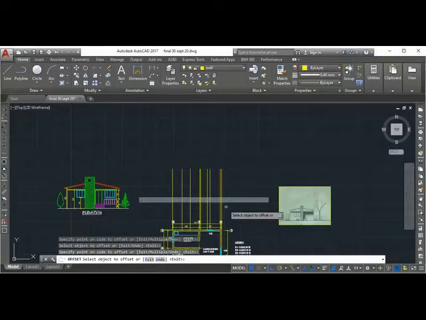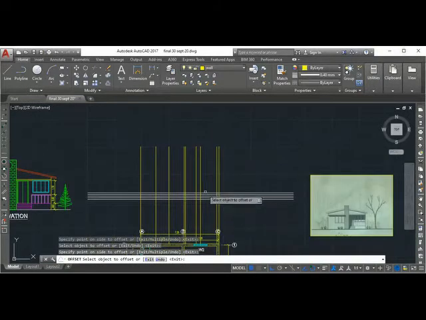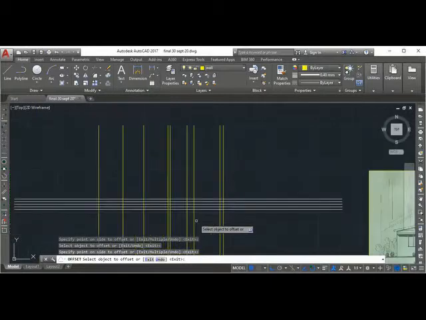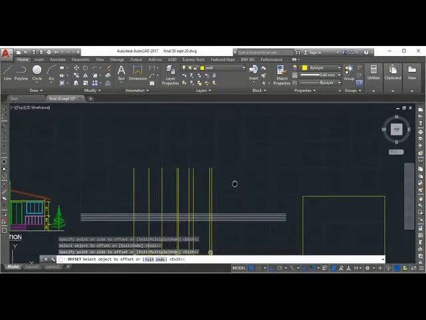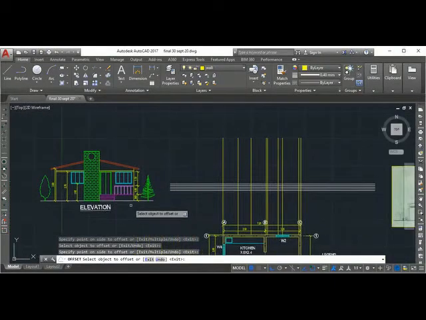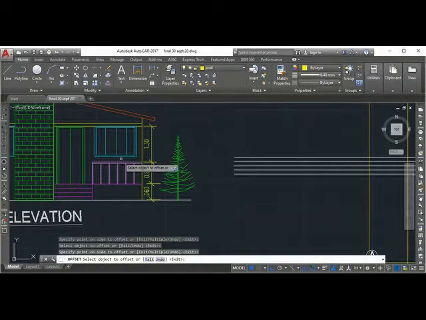So this is my plinth level. Now this is when you reach plinth level. Now the next one is your window bottom line, this height from here or from here.